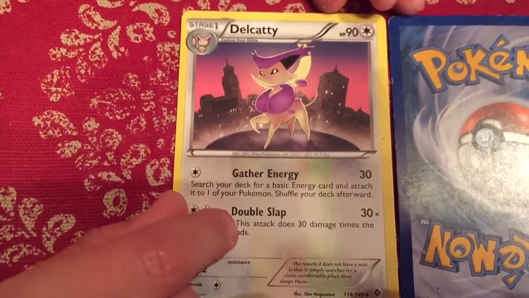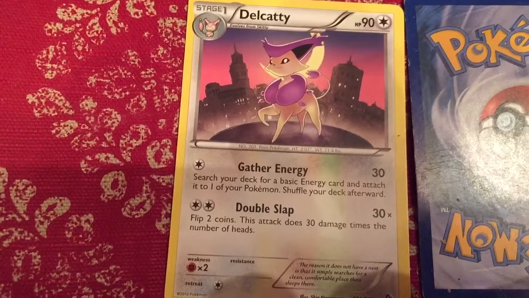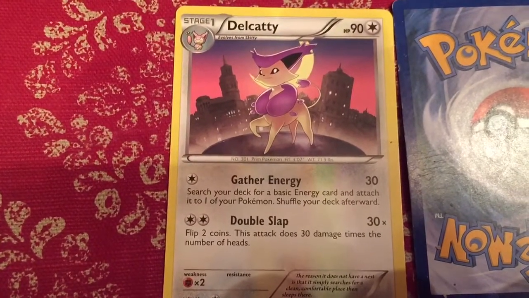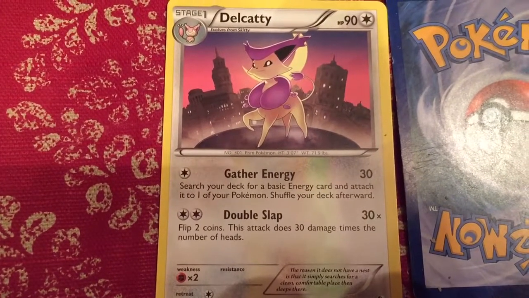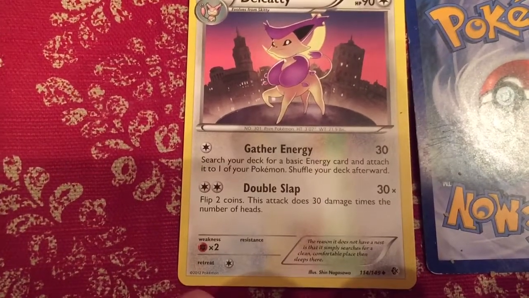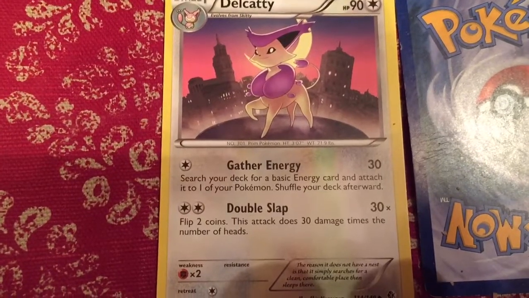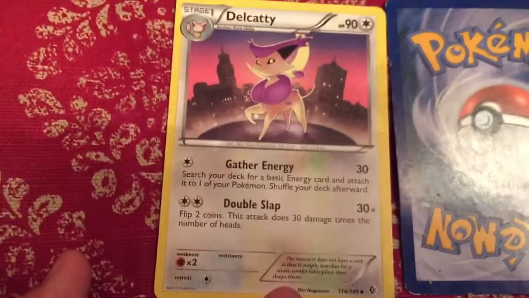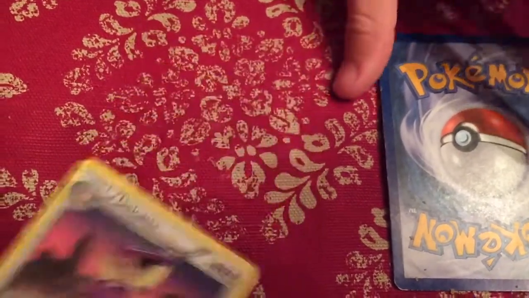One way to play Pokemon cards is to just take energy cards out of your deck and see who has the most energy cards for that Pokemon. And anyway, with no resistance on this one too. Well, anyway, this is another description. And let's move on. This is another basic,